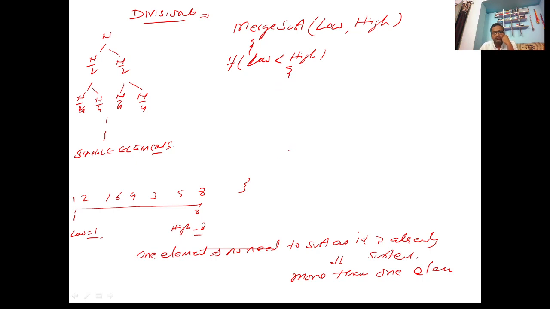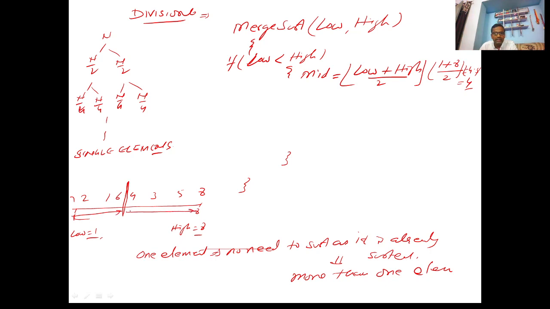Okay, so we begin, and here is a variable, mid. Mid is calculated as low plus high divided by 2, and its floor value. Initially low was equal to 1, so 1 plus 8 divided by 2 returns 4.5, and its floor value is going to be equal to 4. So initially the list has to be divided at this point, meaning the first 4 will lie at the left hand side, the other 4 will lie at the right hand side.